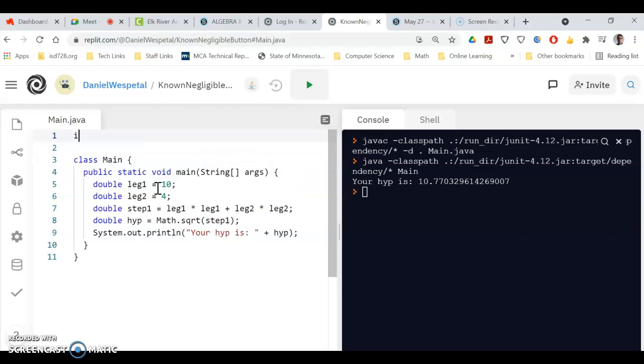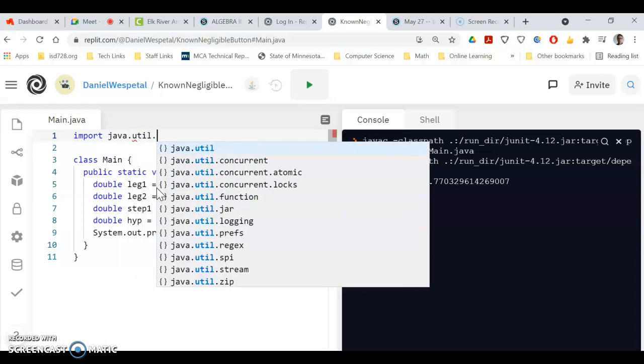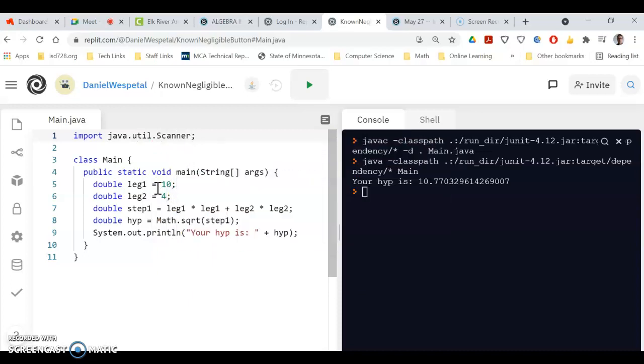Okay, so the first thing you're gonna do is import. At the very top, you're gonna type import java.util.Scanner with a semicolon. I probably should have said that all the Java lines end in a semicolon. I should have said that earlier in my video. But anyways, you put that outside of all the curly braces, way at the top, and this just